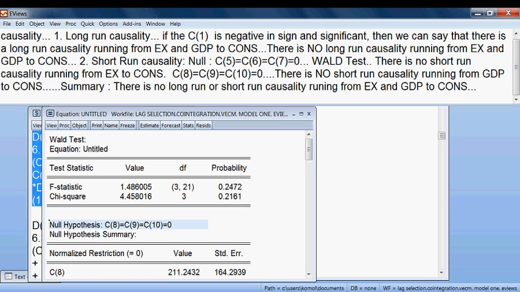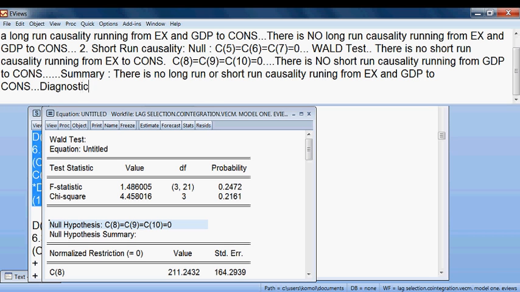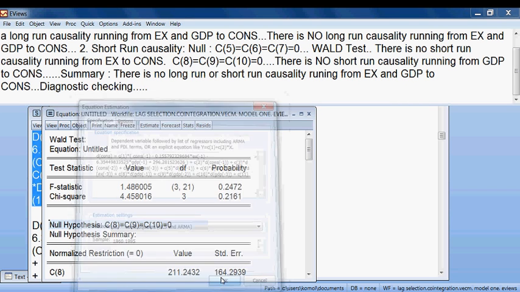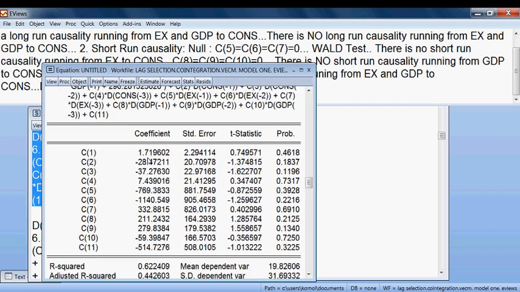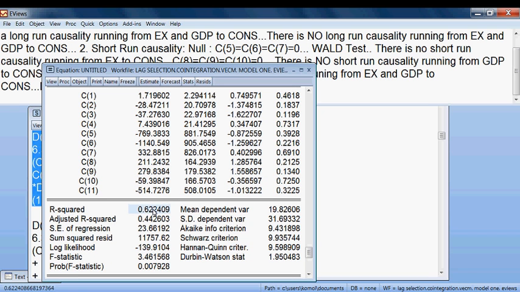Okay, now we check how the model is as a whole. That means diagnostic checking, right? That we can do. Okay, so our model is actually this one. This is our model, right? We have seen it so far. In this model, you can see the value of R square is 62.24%. So it is more than 60%. So I think the model is all right,